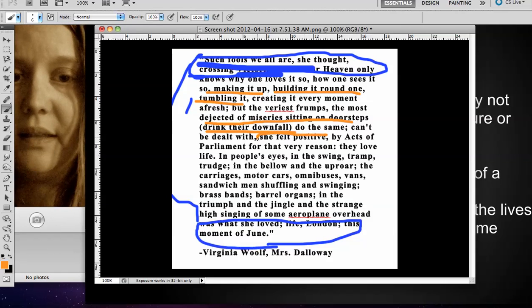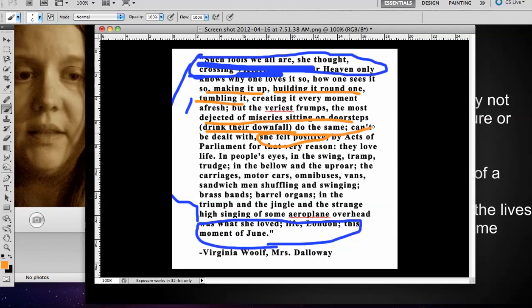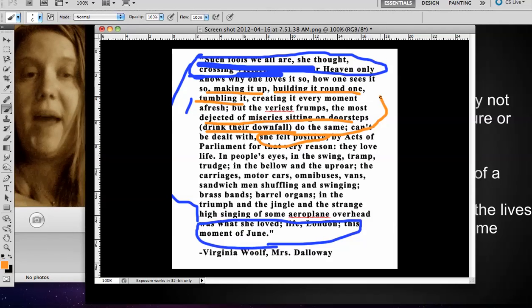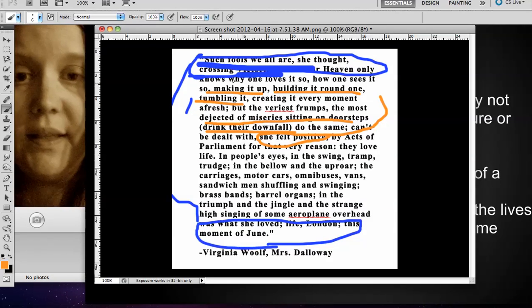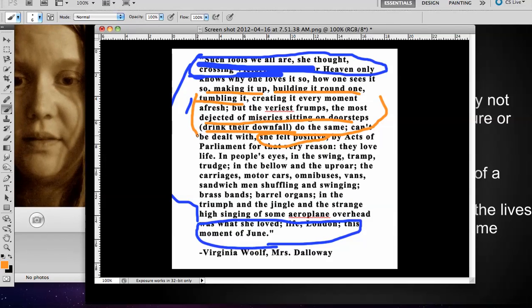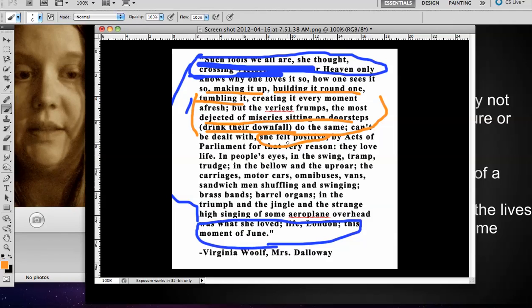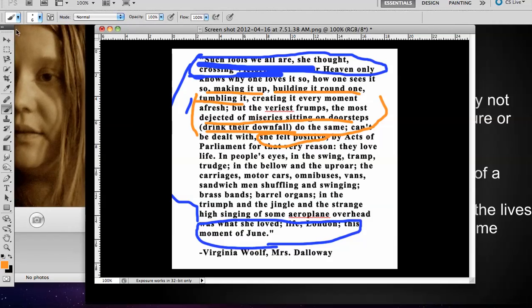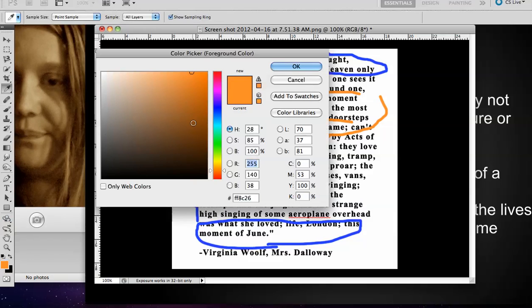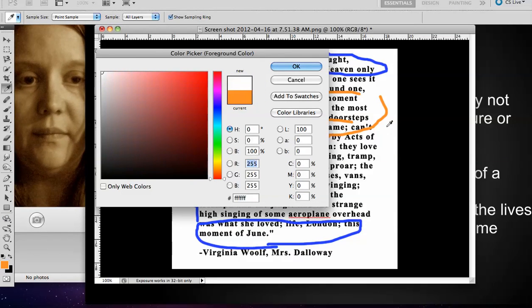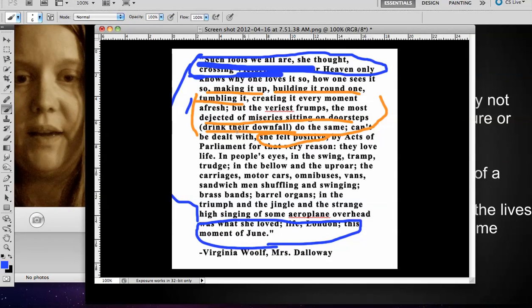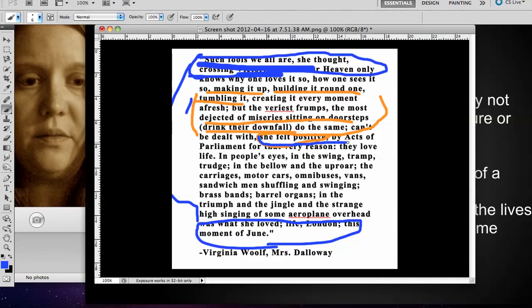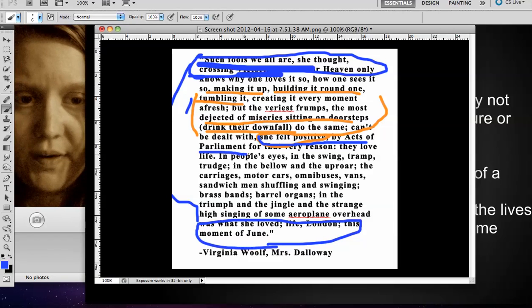So again, this is going back to her emotions, feeding kind of back into the stability of it. Saying again, okay, this is what she's feeling. So this is what she's seeing. This is all the sensory, and then it's going back again to what she's feeling. So then again, let's go. Oh, sorry guys. Okay, so we have here again. Sorry, going back to her emotions, her state, Parliament for the very reason,